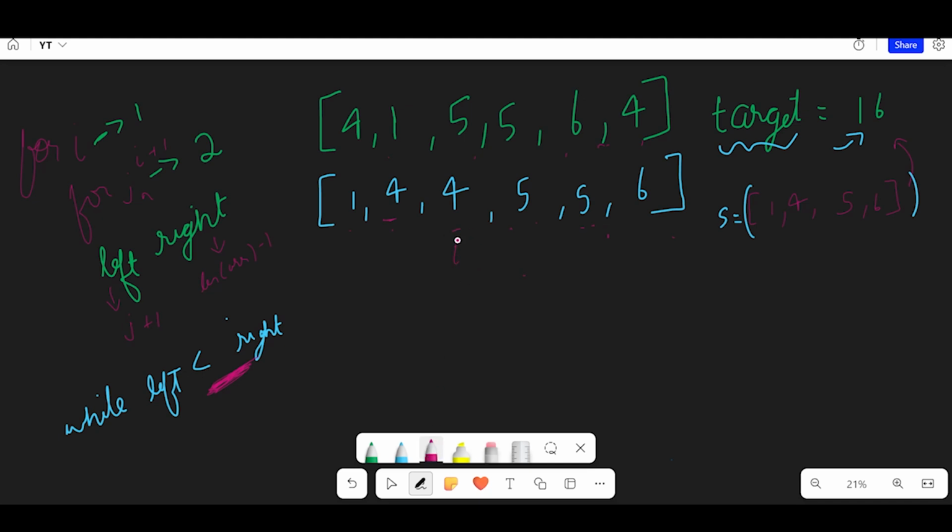Now i will be here, which is the last index i can go to. Remember, i can go only up to the fourth last element, aka this element. Now j will also come here. It's the last index. Again, left will be over here and right will be over here. Okay, now we just add them and see what we will get. We'll get the answer as